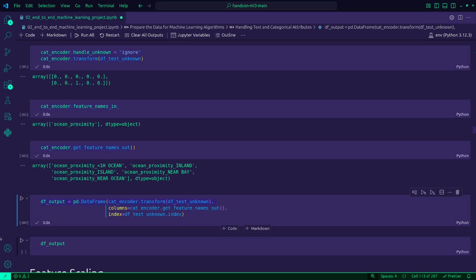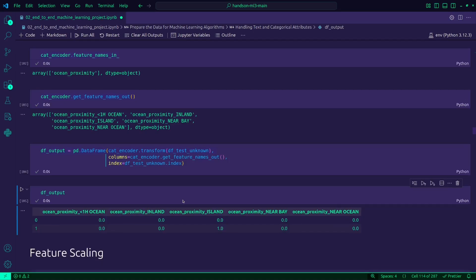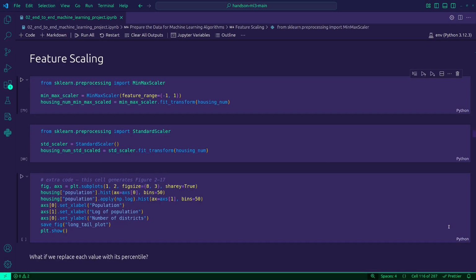What else do I have? All right, let's talk about another concept, which is called feature scaling. Feature scaling refers to the techniques that standardize or normalize the range of independent variables or features in our data. So what does this mean?